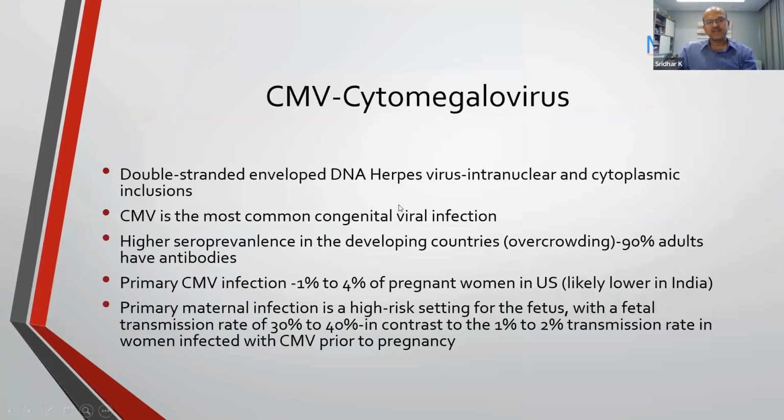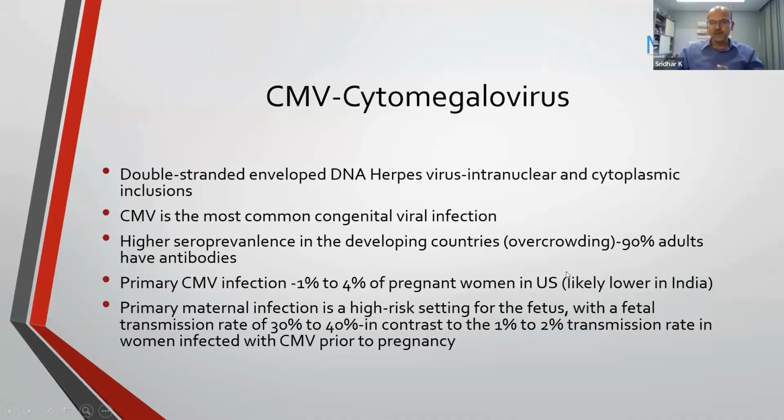Cytomegalovirus is a double-stranded enveloped DNA herpes virus, and typically it's called cytomegalo because of the intranuclear and cytoplasmic inclusion bodies. It's the most common congenital viral infection. In the developing countries, most of the adults are already immune or have been exposed before because we have overcrowding. 90% of the adults have antibodies, and there may be a 3 to 4% risk of pregnant women getting